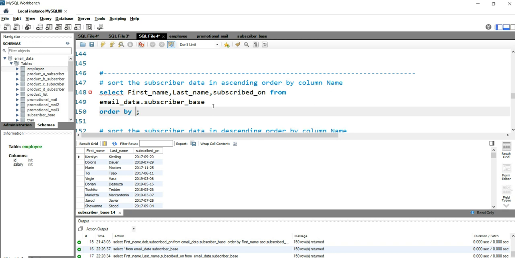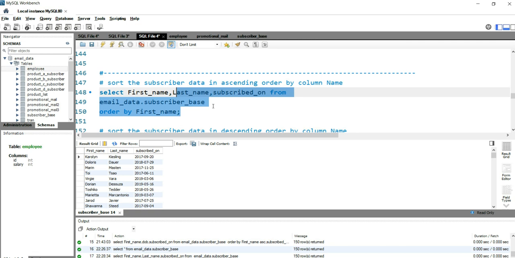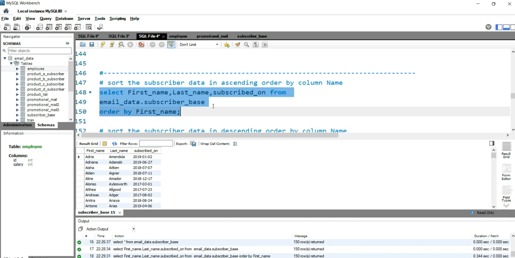So I'll put first_name, and I want the order to be sorted in ascending order. By default, when you use ORDER BY, it will sort the data in ascending order. So let's see, if I run this SQL query, it should work. Yes, it worked. So my result set is sorted in ascending order with the help of first name.